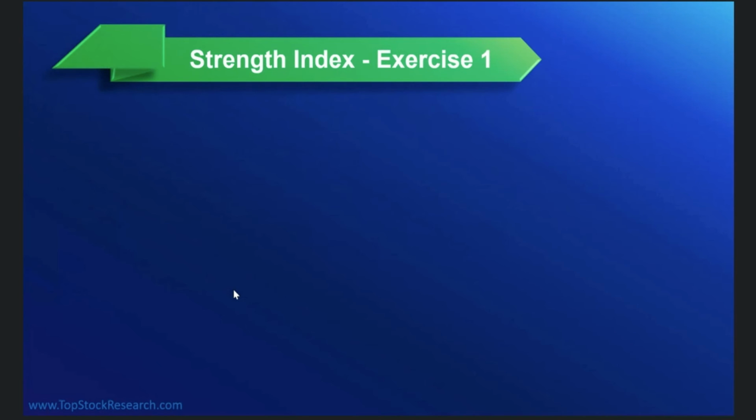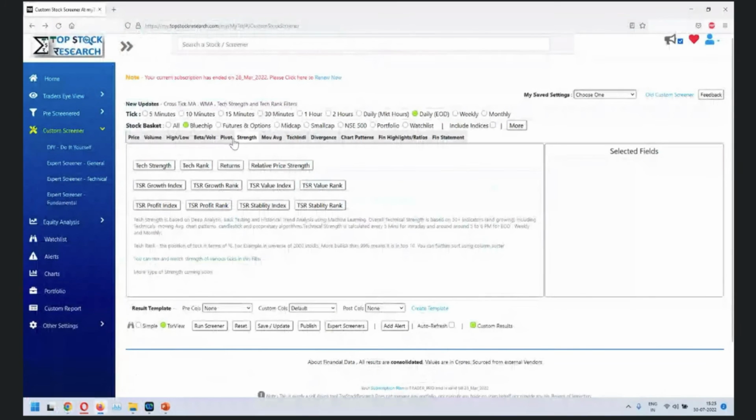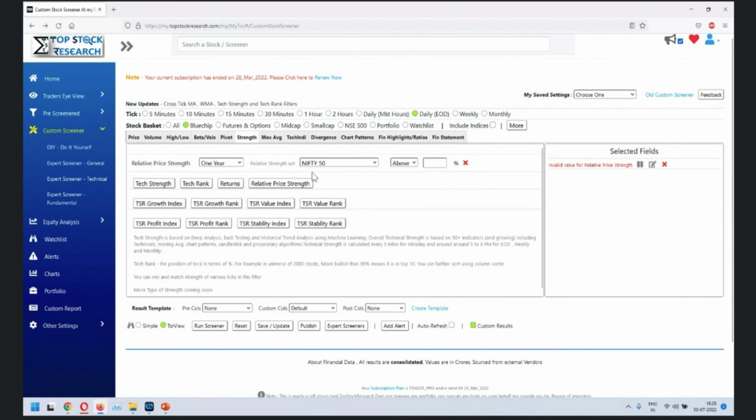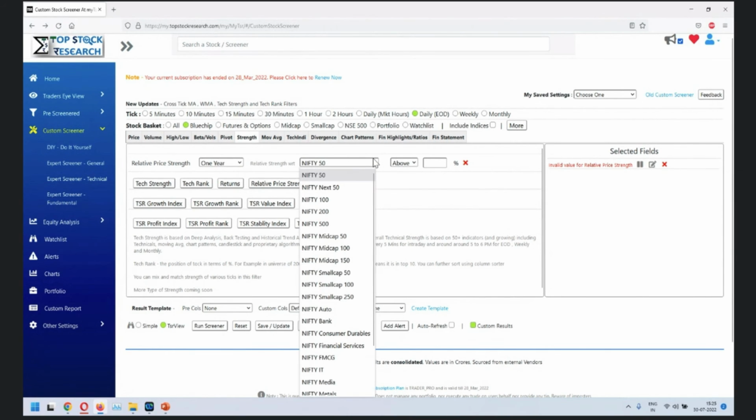Now, okay, there was a question here, Hitesh. How can we compare index with script? Yeah, okay. Comparing index with script is basically reset everything. Okay, everything is reset here. You want to compare. Okay, two ways of it. Number one is you can create a watch list of the index that you are interested in and compare it with the stocks that you are interested in, or you can go into relative strength. Relative strength, if you want to compare against a particular index, for example,